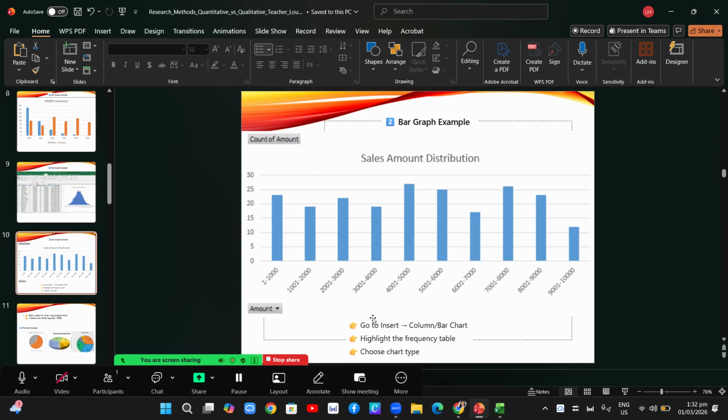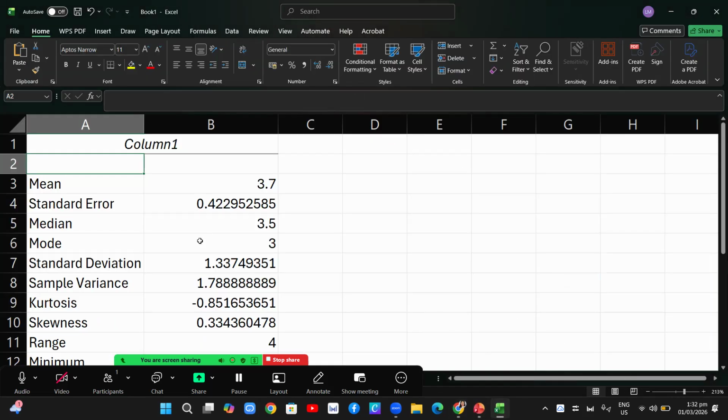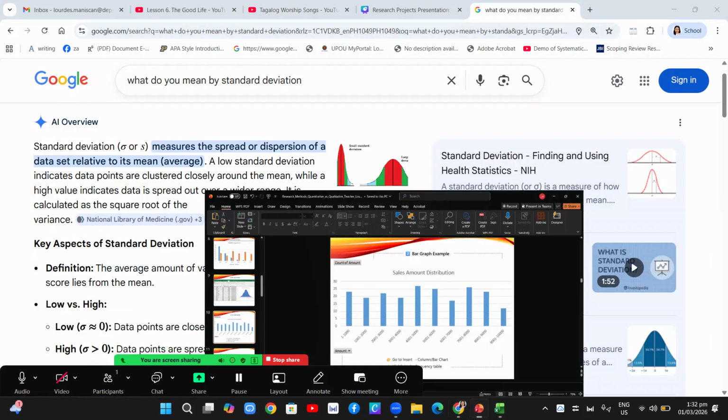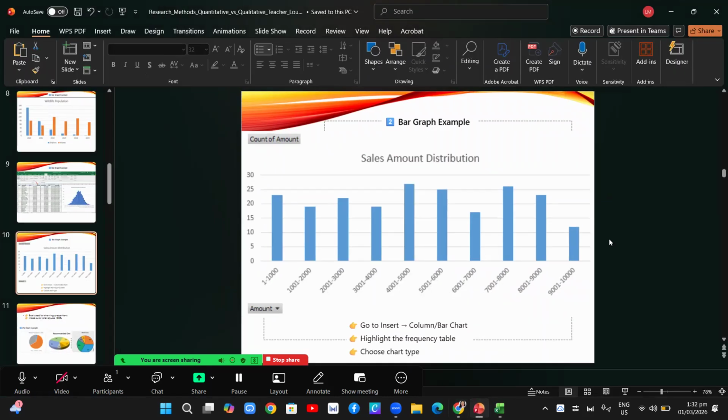When you make a bar graph for your data analysis, just follow this: go to insert, column bar chart, highlight the table, and choose the chart type, and Excel will automatically create one for you. Our example is not sufficient, so let's continue our lesson. That's how you use Excel. You just explore Excel at home or in our class.